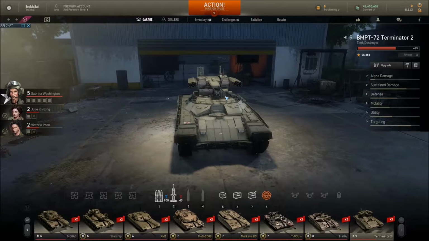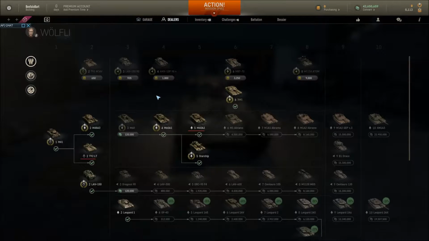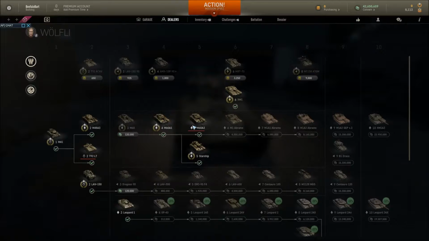So that's my garage. Instead of having to buy vehicles by country, you go by the dealer, and they've changed this considerably in the last patch or so. This is the dealer called Wolfie, and they're going to have a lot of American stuff here and American MBTs. So as you're going down the line,